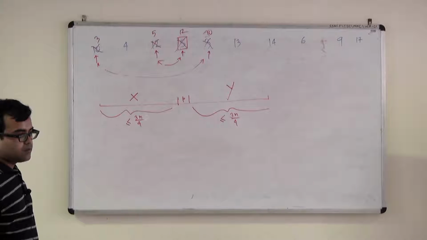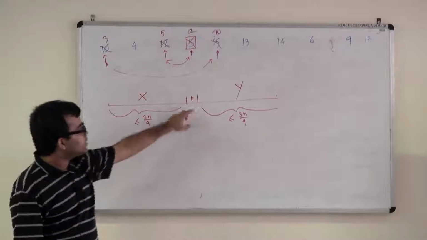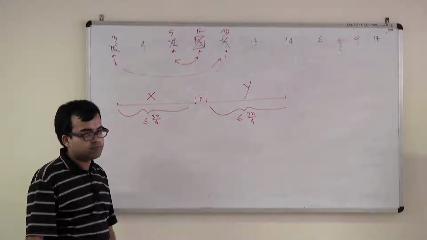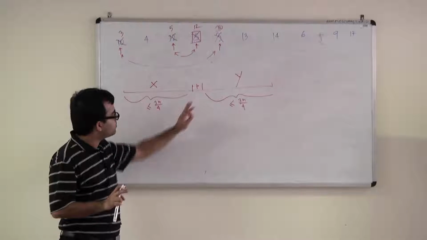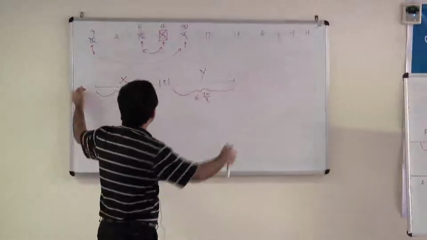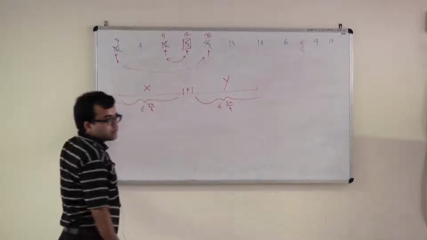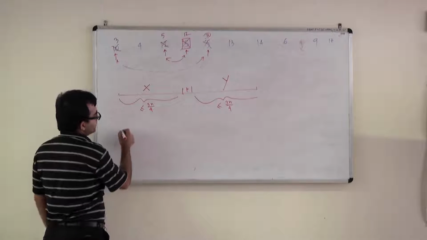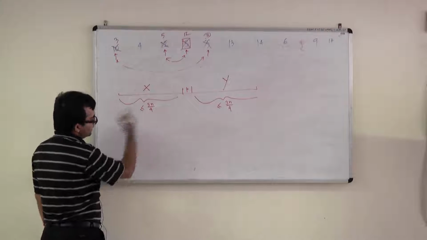So now, the kth largest element, how will you find? Either the rank of P is equal to k, then P is the kth largest element. Okay? Is that correct? If the rank of P is equal to k, you want to find the kth largest element in the entire array. If the rank of P itself is k, then it's okay. Otherwise, you don't even know the rank of P. Okay, let us just say this thing.